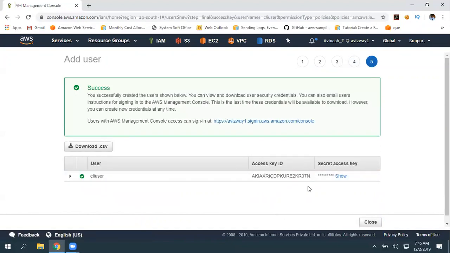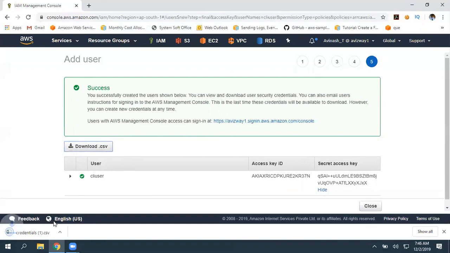Now we got the access key ID and secret access key. This one is going to be generated only once. If you click on close, for the same user, you can generate another pair, but not the same one. If it is a password, you have an option to reset, but this access key ID pair is basically generated only once. Okay. So make sure you save this. So I'm going to download this to my local machine.